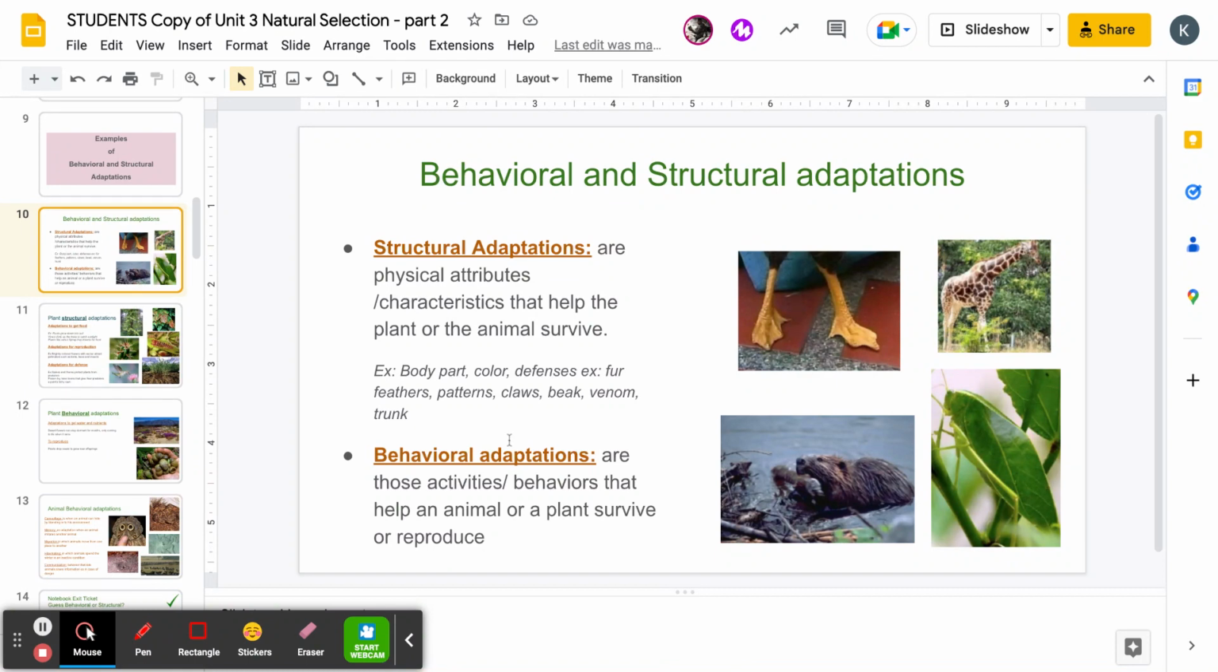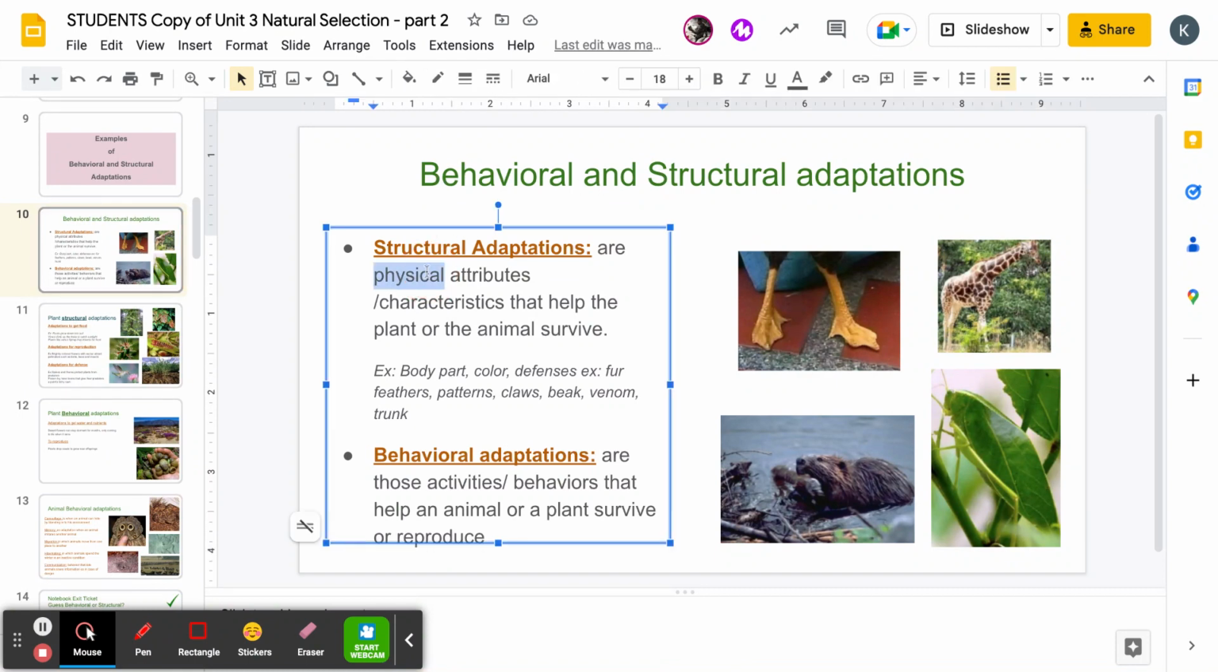So structural adaptations are physical attributes or characteristics that help the plant or animal survive. Think of structures as webbed feet, a long neck, even structures such as the color or the shape that helps it camouflage and blend in. That is an example of a structural adaptation. An aloe vera plant being pointy versus a flower, for example, that attracts insects and has a bright color. All of those are structural adaptations. A body part, color, defenses, feathers, such as the peacock, patterns, claws, beak, venom of a snake, trunk, those are